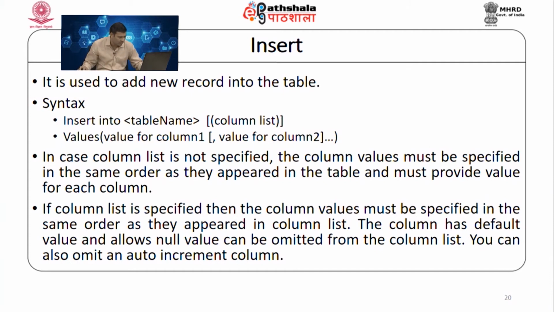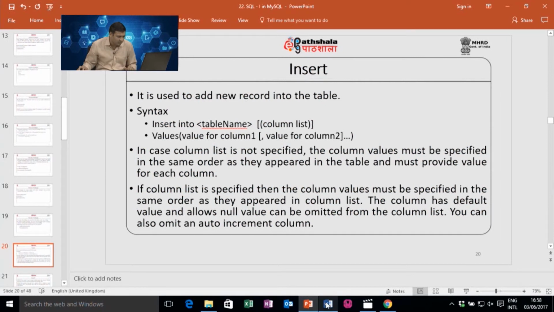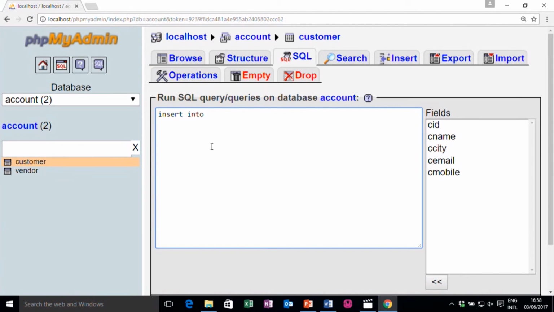Let us take examples one by one. Say, for example, let me add the first record: insert into customer, and here I provide values for all these columns. These are all the fields, so I can write values. Customer ID is, let us say, 1, customer name is, let us say, Vipul, that I will write in single quotes because characters are always written in single quotes. Let me zoom in so you can visualize it clearly.